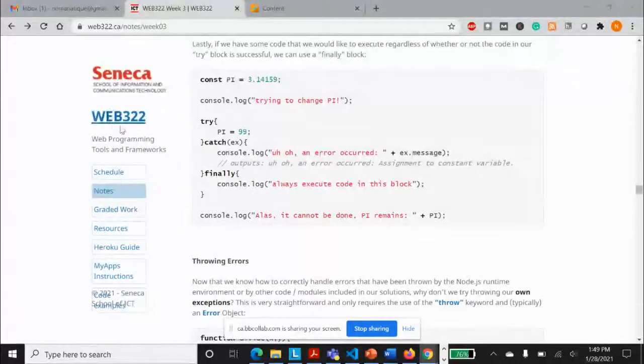See that example again: const pi equals 3.15, then console log. These two lines are never prone to a problem. Const pi is const pi always. There won't be a runtime error. And if you have a compile time error, not an exception type of error, that would be caught by your compiler, and even our editor catches the problem and lets us know that the thing you are using is not the correct one.